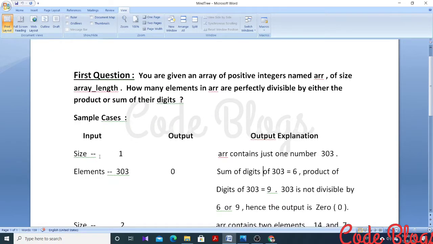Here the input is they are providing the size of the array and the elements, and now comes the output explanation. That means the array contains one element, that means one number. The number is 303. First of all we have to find the sum of the digits. 3 plus 0 plus 3 is equal to 6, and the product of the digits of 303 is